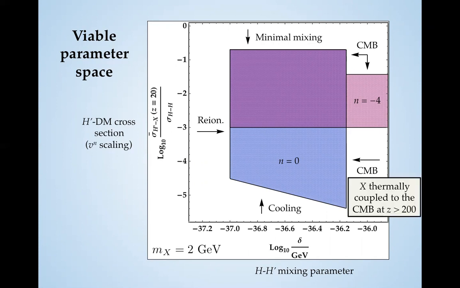And then finally, in the regions on the right, both up here and down here, both mixing and H prime dark matter heat transfer are occurring rapidly at redshifts above 200. But once more, since the hydrogen gas is still thermally coupled to CMB photons, heat from the CMB is just going to be channeled all the way through to dark matter. And so hydrogen won't actually be cooled in these parts of parameter space.